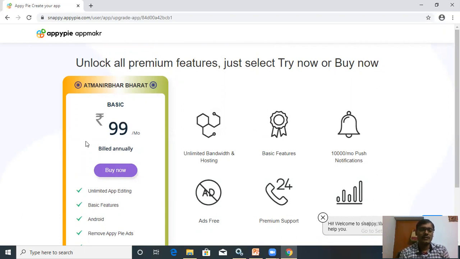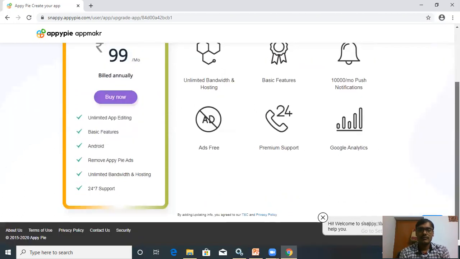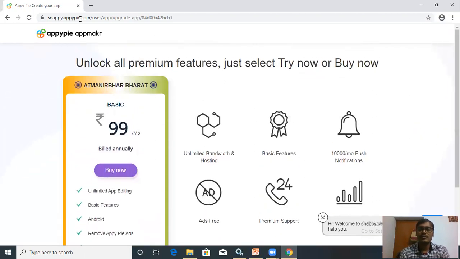When you buy this service, the following icons will come. You have to go through the procedure. The following link will be given, following items, following buttons will be given, and you have to go through the given statements, and you can use this app. You have to go through the next steps, and you can follow the steps, and you can use this app.